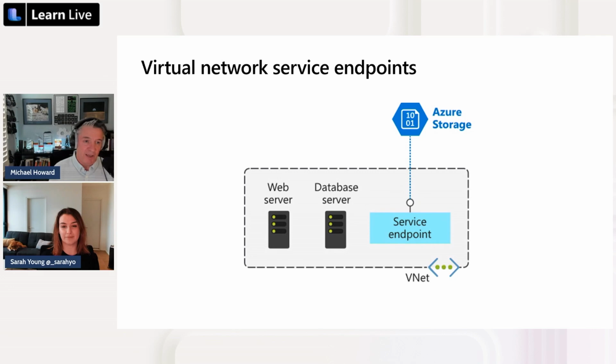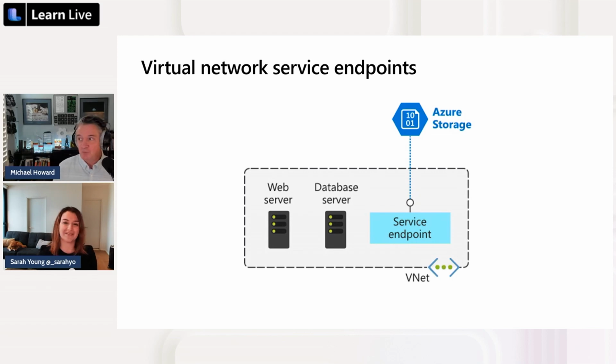It sounds a little complex, but I think this is probably the most important slide. Essentially what we do is we take Azure storage and we say, this is a private IP address in my VNet, and now you can access it. And the net effect is performance and security, because you've turned off public access to your storage account, and now it can only be accessed this way. But the public IP addresses are still there because there are millions upon millions of storage accounts, right? We can't just turn an IP address off easily because we're going to block a whole bunch of people.